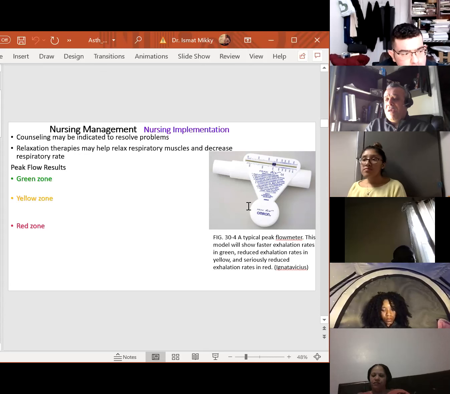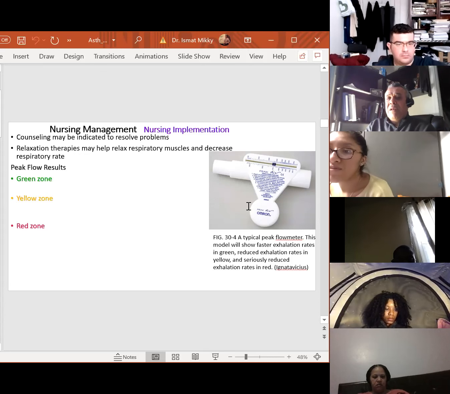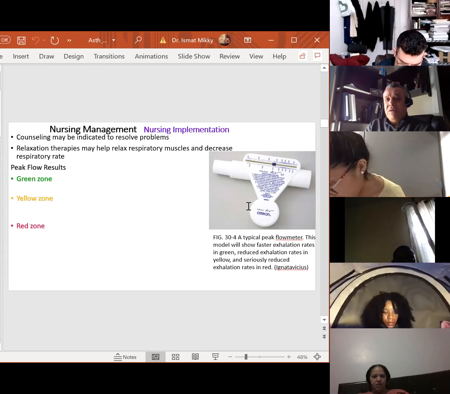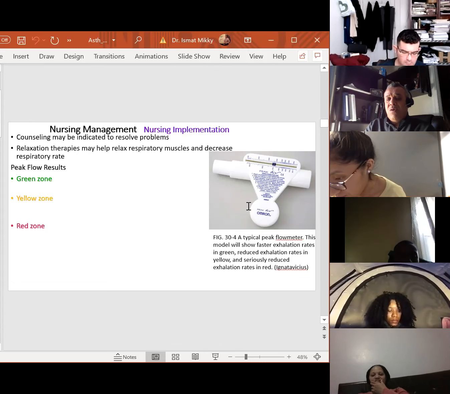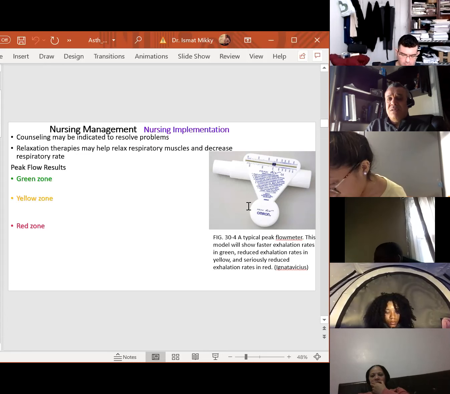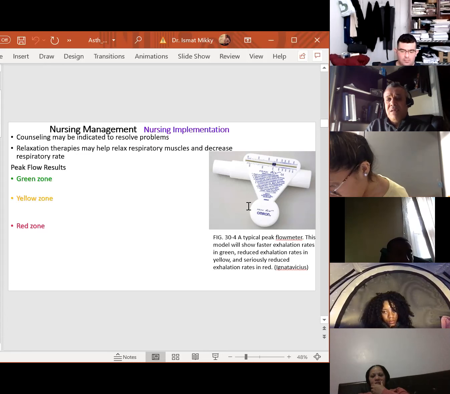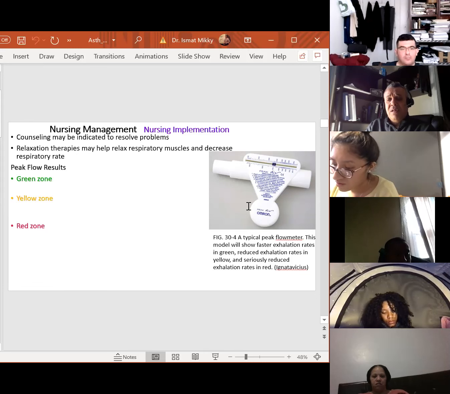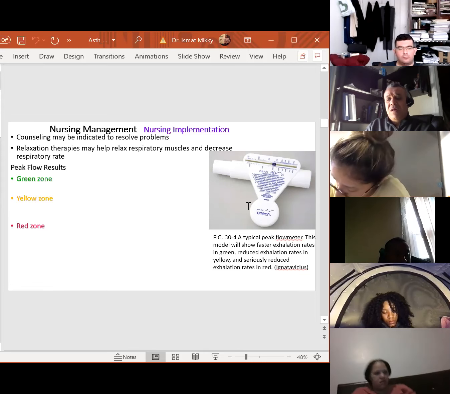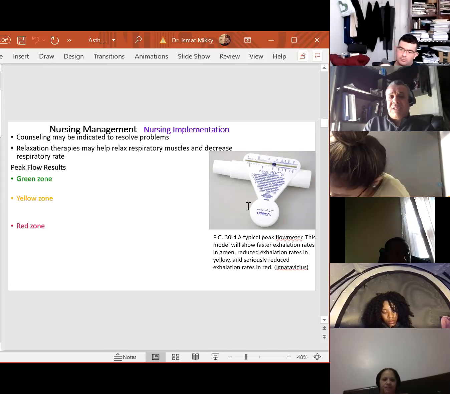So the peak flow results: if it's in the green zone, the interpretation is that the patient is in good status, and we can keep the patient on the same medications, so no changes in meds needed. We say the patient is at 80 up to 100% of their personal best breathing. They are good. But if it's in the yellow zone, then it indicates caution and that something is triggering,